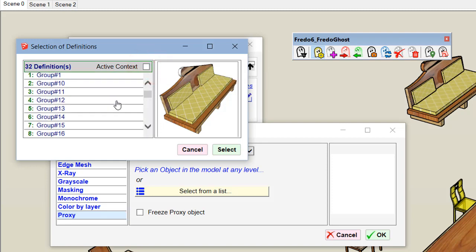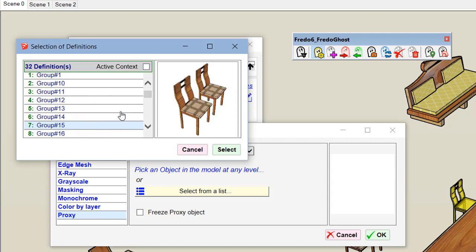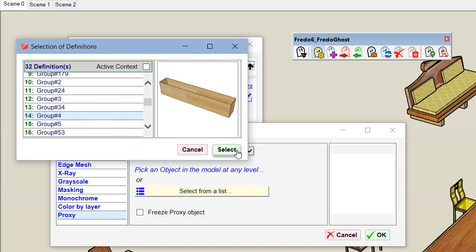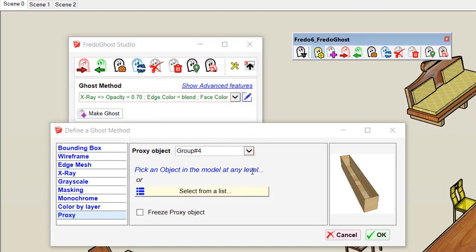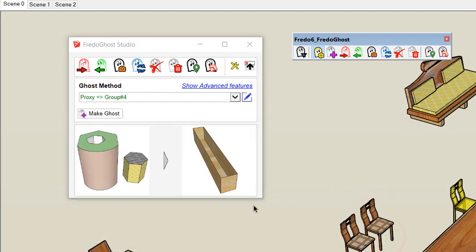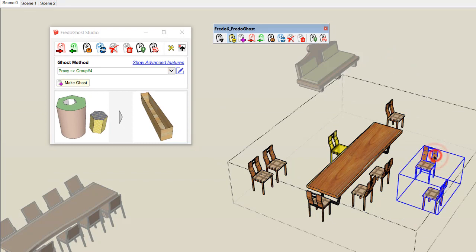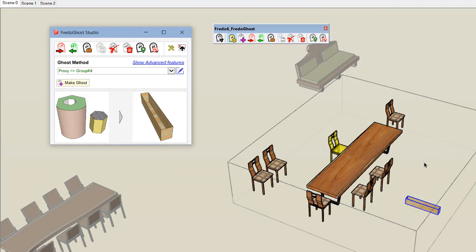If you want more objects, you can pick up and expand the list. Okay, so let's say we are happy with this object, we can select it. And now, if we take a real object and apply the ghosting, we will replace this group of two chairs by this kind of proxy object.